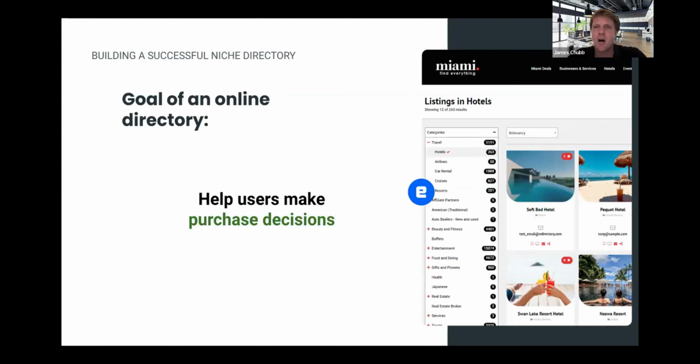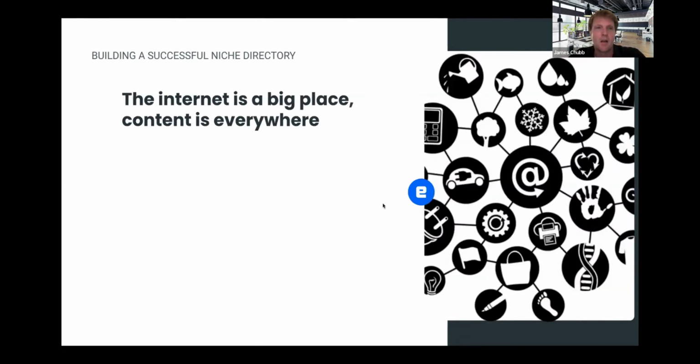And so all of the data and the content you're preparing, you need to think about that when you're preparing all that, and make sure that what you're doing is doing a really good job at that. If you do a really good job at helping people make purchase decisions in your area, the site and probably the business model are going to be successful. And the internet is just a big place.